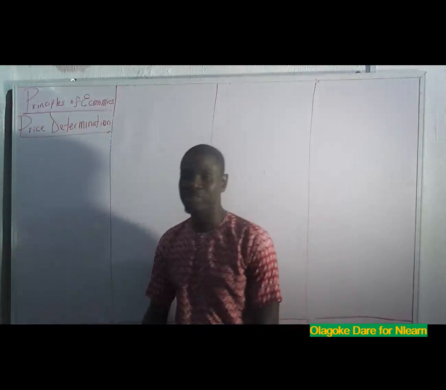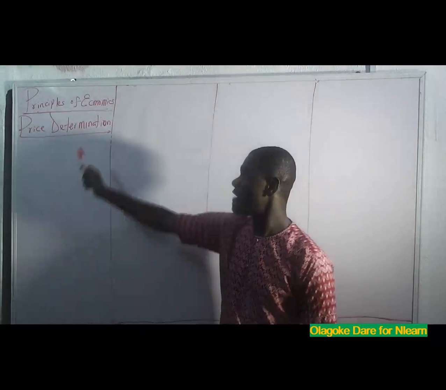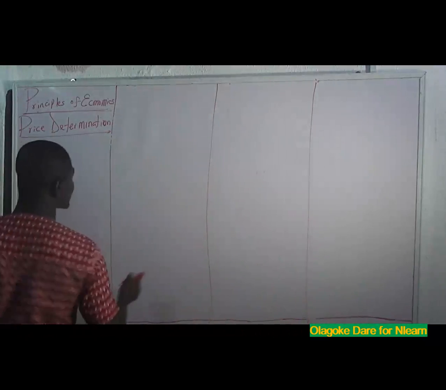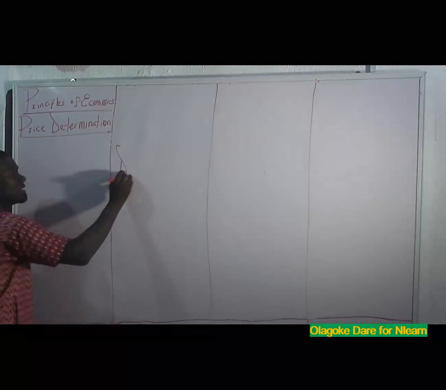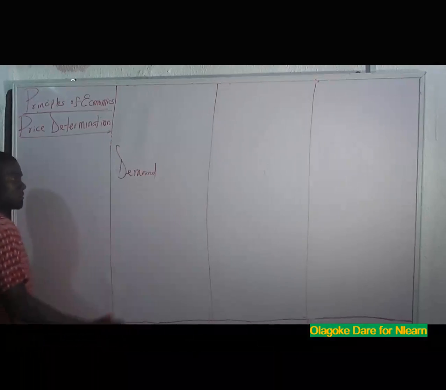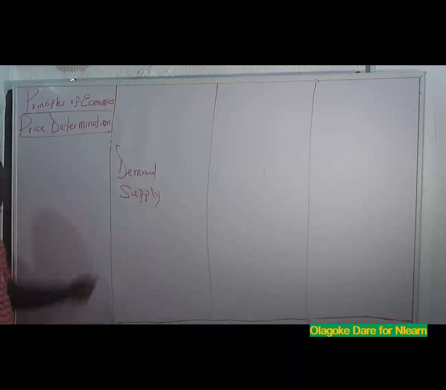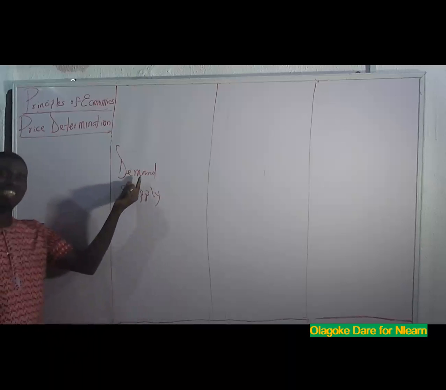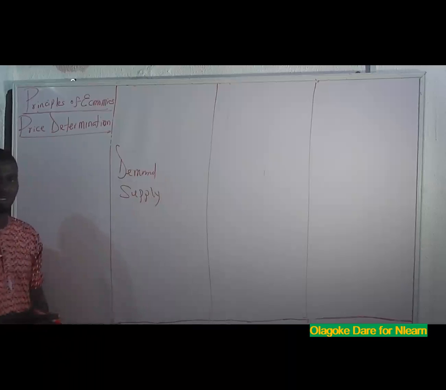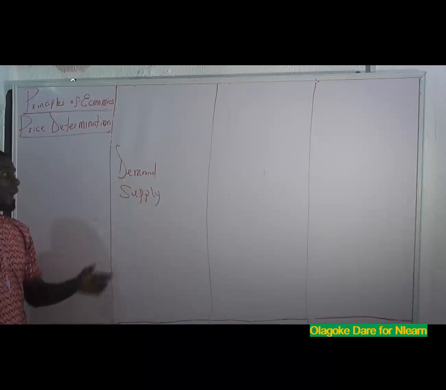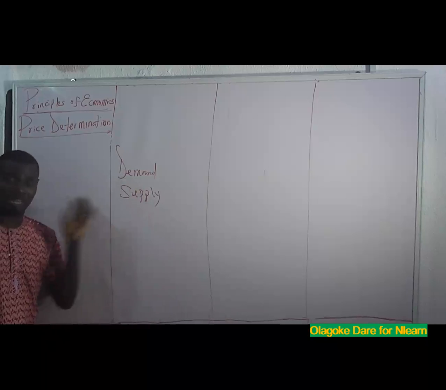The course is still Principle of Economics. The topic we have before us is price determination. By now, you should know what demand is all about, and therefore what supply is all about. The laws of demand and supply: the law of demand shows an inverse relationship between price and quantity demanded, while the law of supply shows a direct relationship between price and quantity supplied. Having understood demand and supply principles and their laws, we can now